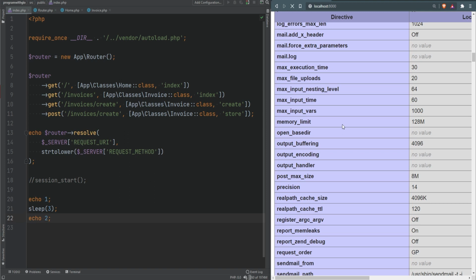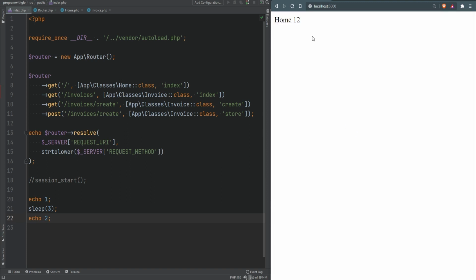Now let's refresh the page, and as you can see, it's waiting for 3 seconds and then it's printing 1 and 2 at the same time. It is not printing 1 first and then sleeping for 3 seconds and then printing 2. It's waiting until the 4 kilobytes of content has been reached or the script has ended execution, and then it sends the response. So by default, output buffering is usually disabled, but in production environments, it will most likely be